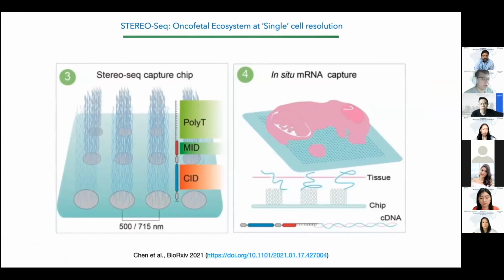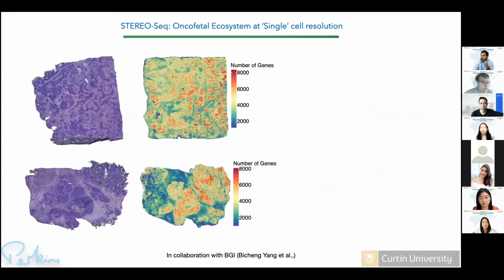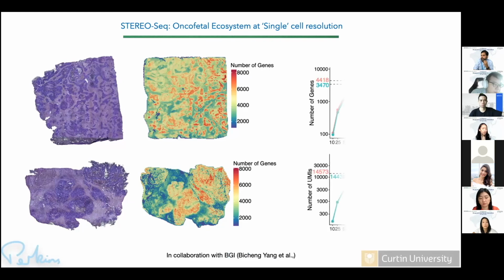And finally, we used a very new technology, which is still not commercial yet, but basically allows you to look at spatial transcriptomics at subcellular resolution. This is BGI stereo-seq, or STomics, which allows you to look at nanometer resolution. And in this case, we can go back to single cell resolution. As we know, most spatial transcriptomics methods do not give you single cell resolution, right? We found that this not only gives you single cell resolution, but we can also get a good number of detected genes here.